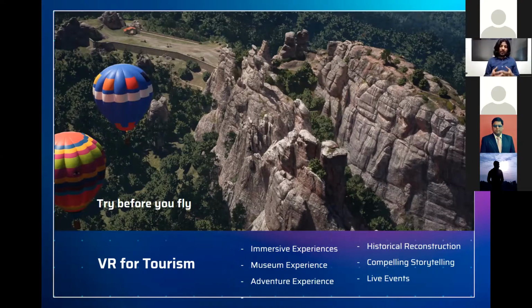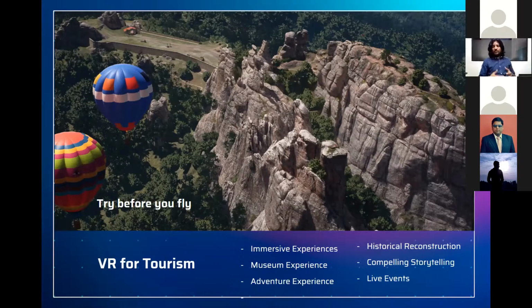Not only that, this kind of platform can bring even local tourist hotspots to the mainstream. Today, when people talk about tourism in main cities, they talk about only main monuments, right? But if I'm creating a crowdsourced content-based OTT where people can upload their content from local tourism spots, they can capture local tourist spots and upload them, and people can experience that in virtual reality. Maybe they like it, they might want to travel there. So that's a possibility, that we can bring the traveler close to the tourist spot, and before he travels, he can take the decision whether he wants to travel there or not.